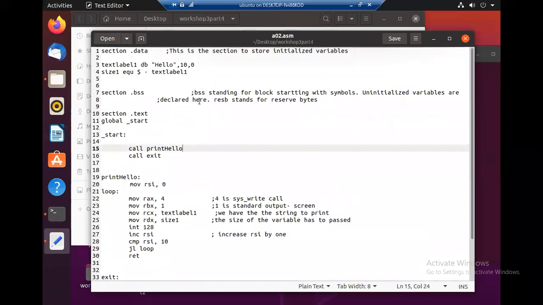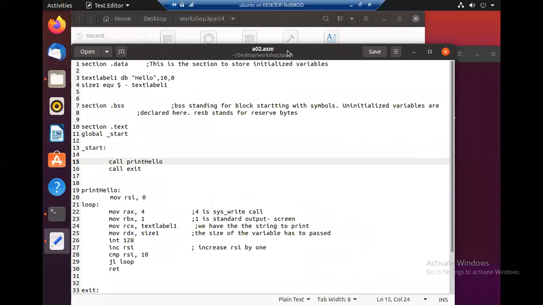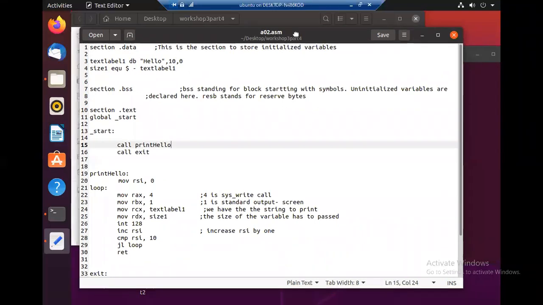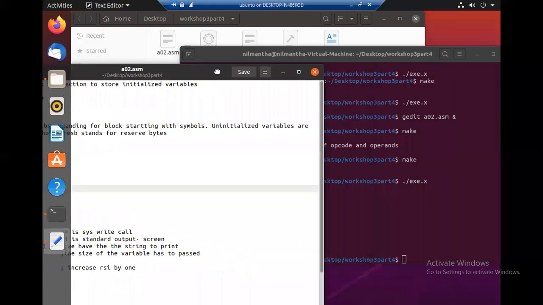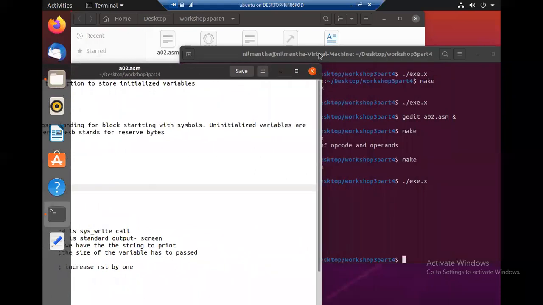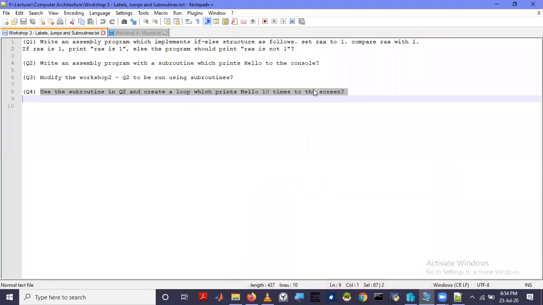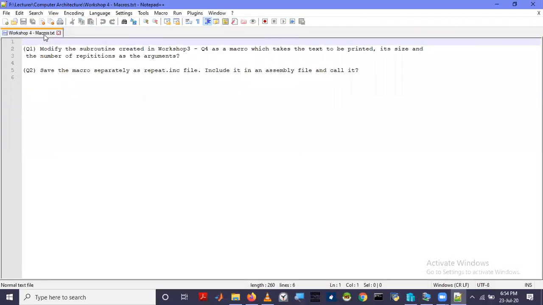Using the concept of macros, you can implement functions in high level languages like C. So you will understand when we do an example. So I'll describe it. So I have uploaded another set of exercises known as workshop 4, which will describe macros.